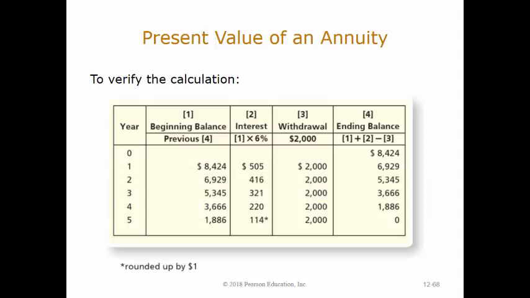The chart shows that the initial investment of $8,424 is invested for 1 year, earning $505 in interest. At the end of that period, the first withdrawal of $2,000 takes place, leaving a balance of $6,929, calculated as $8,424 plus $505 less $2,000. At the end of the 5 years, the ending balance is zero, proving that the present value of the $2,000 annuity is